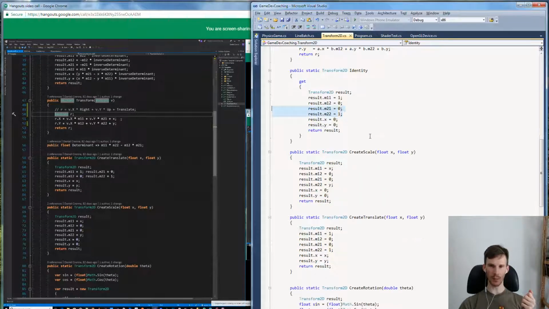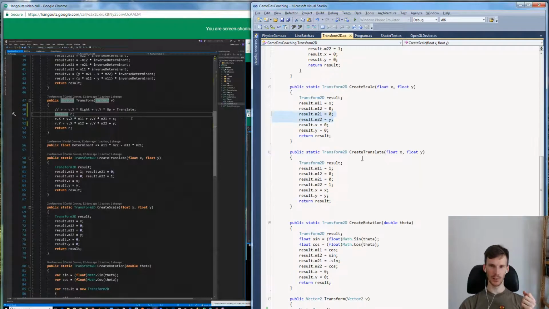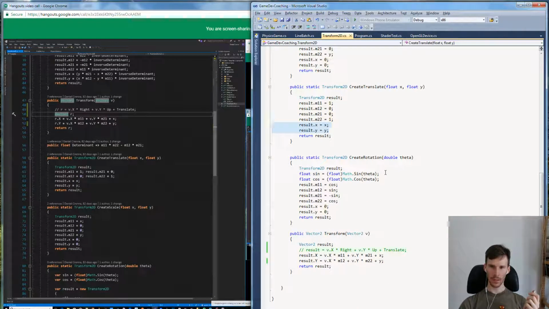And so we can go through and be like, well, here's scaling. We just increase the distance on the x-axis and the y-axis. So the right and the up vector are being scaled. For translation, that makes perfect sense so far. For translation, we've left those all as unit vectors, but we're shifting around our translation vector. For rotation, we don't have any translation, but we've got this cosine and sine,